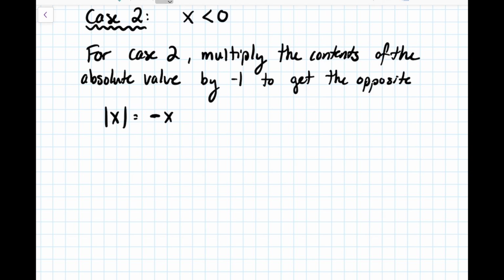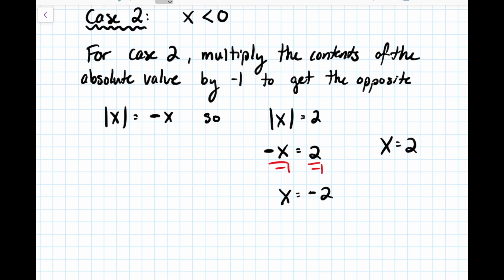So going back to our equation then, we have the absolute value of x equals 2, which tells us that -x equals 2. And then to solve that, we're just going to divide both sides by -1. So we get x equals -2. And so we've got our two solutions, which are that x equals 2 and x equals -2,